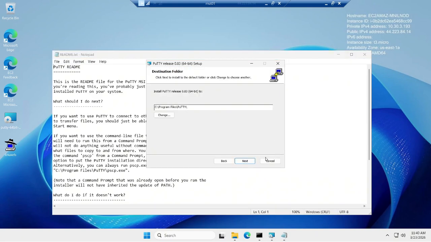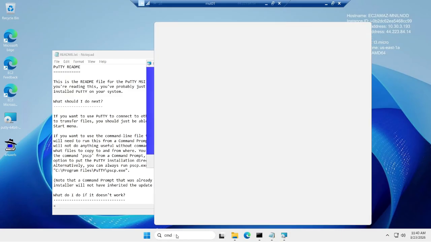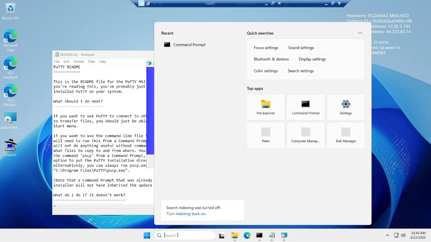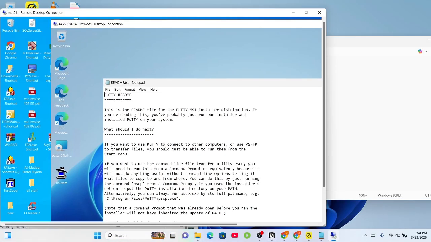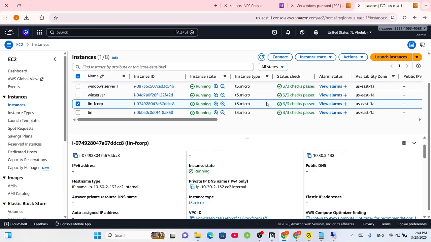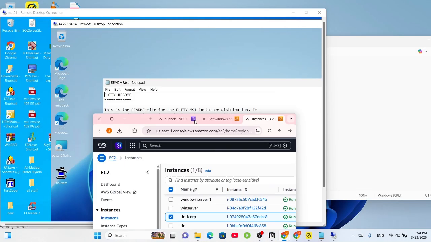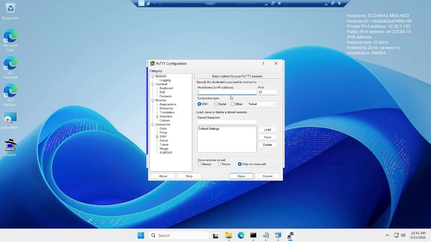Now let's go ahead and, yeah, I think it's already installed, so let's just go ahead and type PuTTY here, and I'm going to choose. I'm going to check what's my IP actually in the private IP. What's my private IP for this one? Because we are trying to access fcorp, but we have to use the private IP because